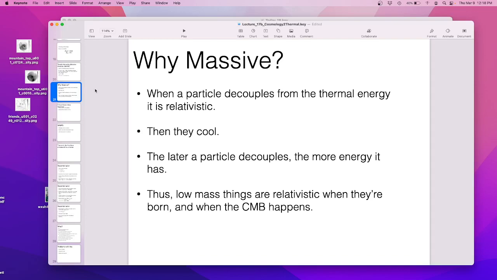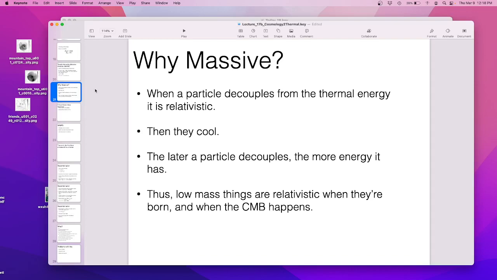The particles are born close to the speed of light because they were just in equilibrium with a field of photons. So when they are all born, that means that they freeze out. They're all moving crazy, but then they all slow down with the expansion. If we're too close to recombination, then when the universe recombines, we have all of these relativistic species. And it's important that the dark matter isn't moving relativistically.